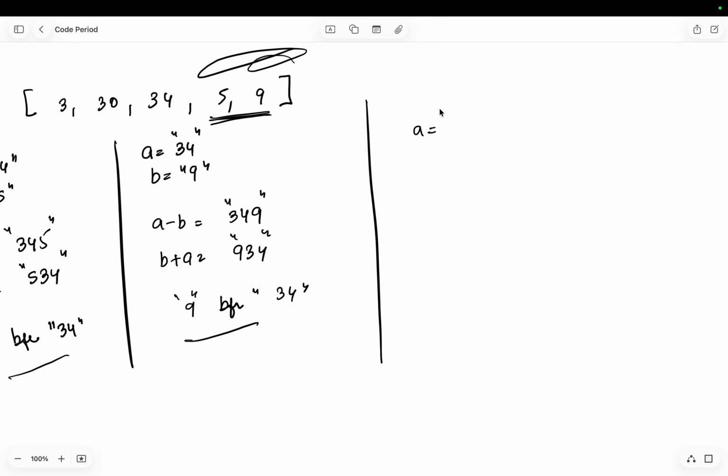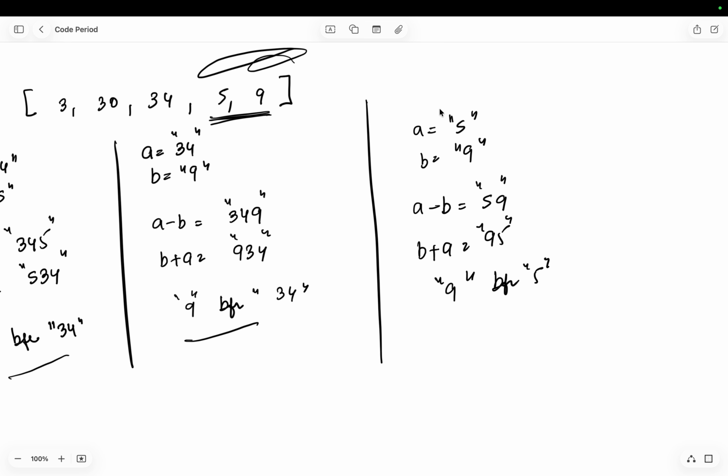So A is 5, and we can just understand which is a bigger number, yes, but we need to have more faith in the concatenation. A plus B is 59 and B plus A is 95. So yes, 9 comes before